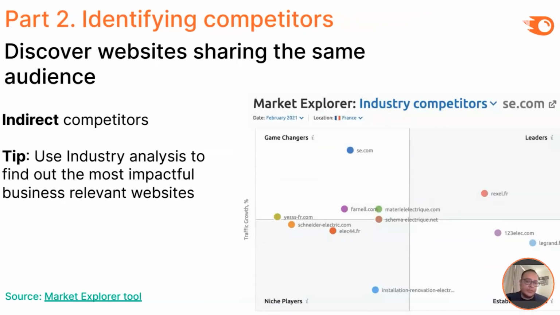Then we're going to be moving to identify indirect competitors, those that are inside our industry but are not competing with us directly. Who are they? For example, in the electrical provider sector, you can see other companies like Schneider Electric or Siemens, or in installation and renovation, Rexel. All of these are inside the same industry, but some of them are only informational portals.